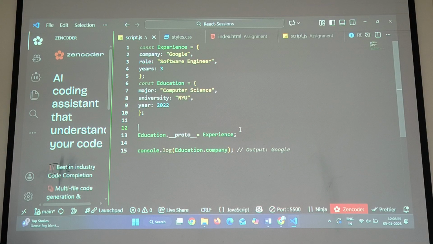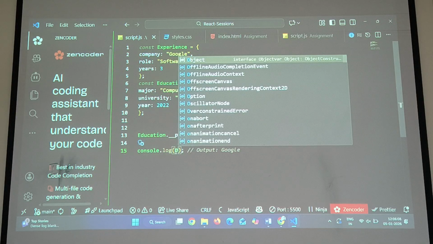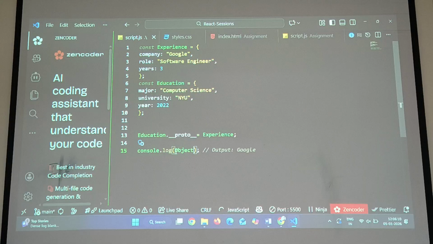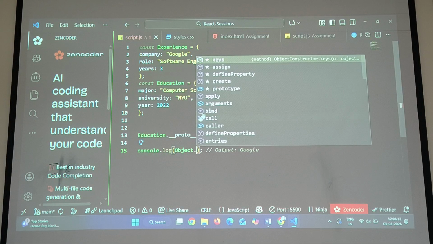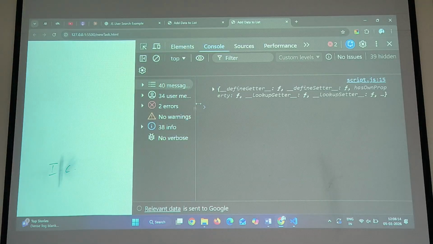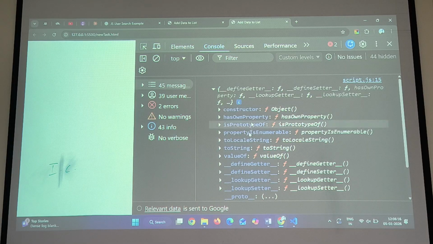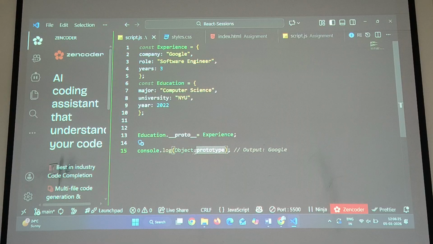Here we are accessing by using that object only. We are creating that prototype using that object. Here I just say object dot prototype, which gives those values. It gives what methods are inside that constructor, all those things. While I am accessing that function,